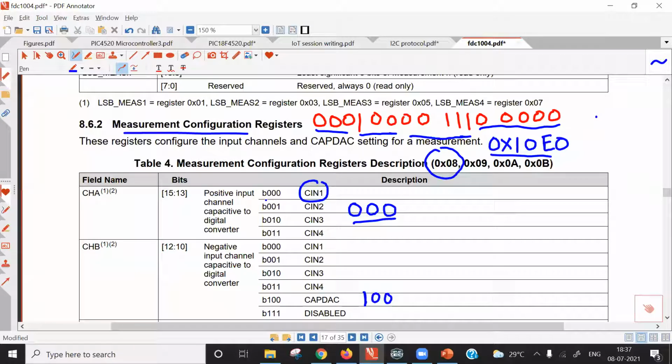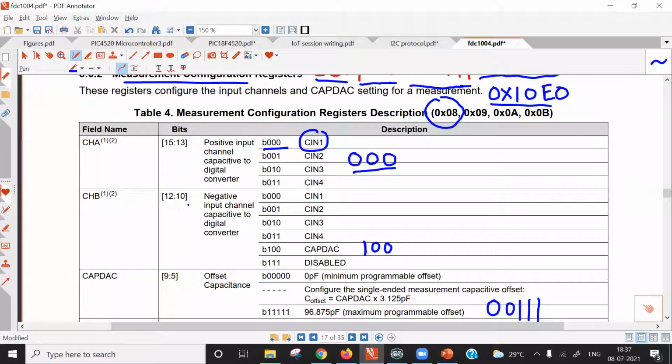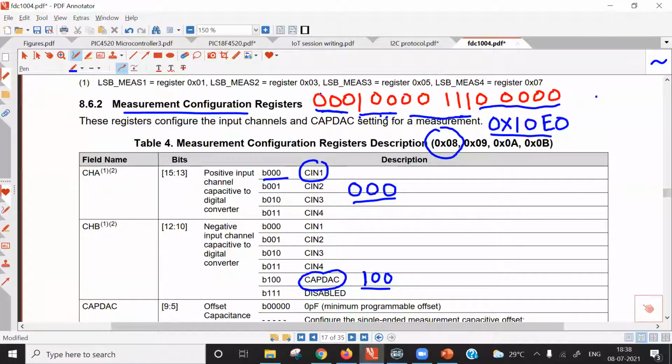Look here, for channel 1, 3 bits are used and must be 000. Then the next 3 bits, bit numbers 12, 11 and 10, are for the CapDAC module. When the CapDAC module is enabled, we can remove offset up to 100 picofarad. As I want the CapDAC module, these next 3 bits must be 100. I have written here, first 3 bits 000, next 3 bits 100. All 16 bits in binary format are written here.